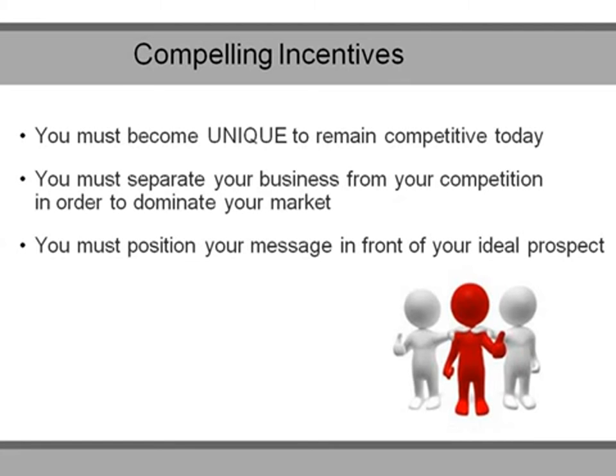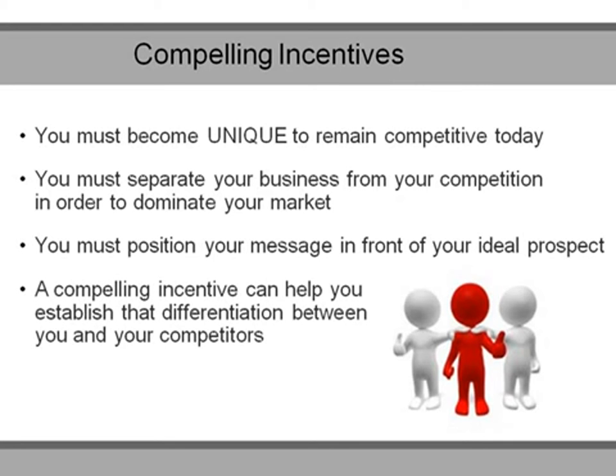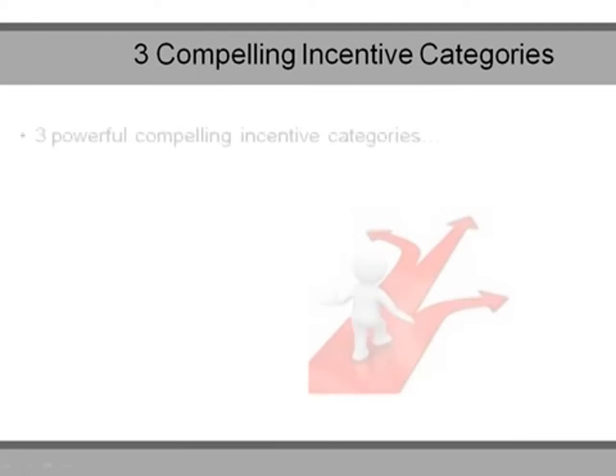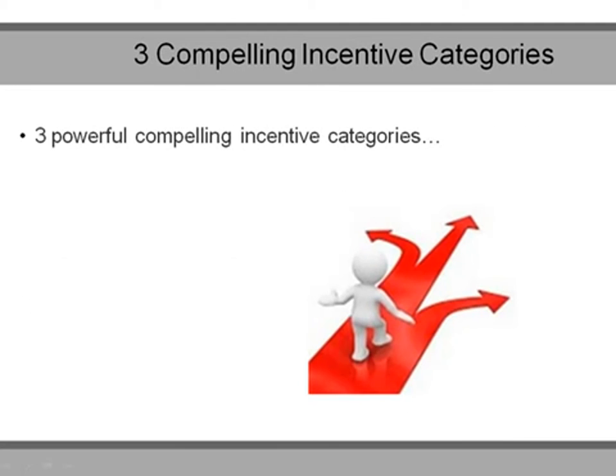Always ask yourself why a prospect should purchase from you instead of your competition. A compelling incentive can help you establish that difference between you and your competitors. Compelling incentives can range from being extremely easy and inexpensive to very elaborate and expensive to implement. To make this simple and easy for you to immediately implement, we'll focus on just 3 powerful compelling incentive categories: